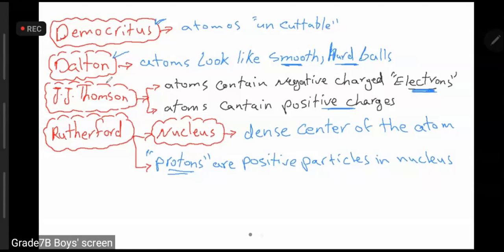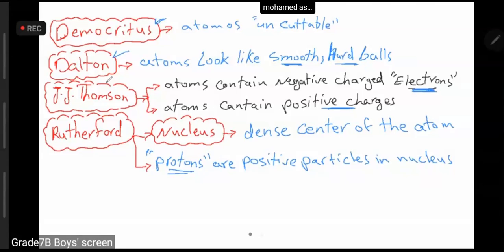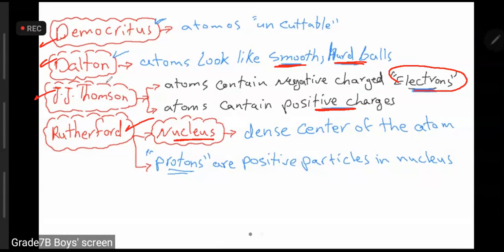We finished Democritus in the previous session. Dalton said that the atoms are smooth hard balls. J.J. Thomson discovered the electrons, and he said that the atom contains positive charge. Then Rutherford discovered the nucleus and described it as the dense center of the atom, and he said it contains protons. Then came Niels Bohr